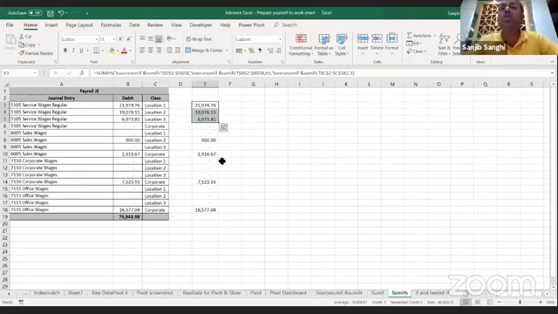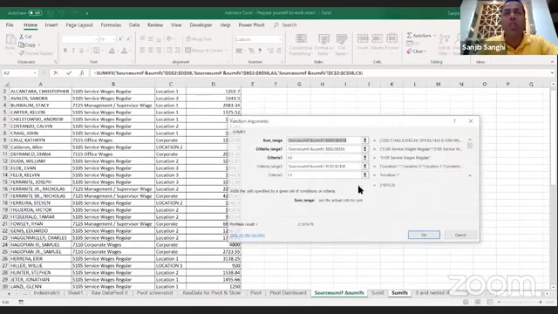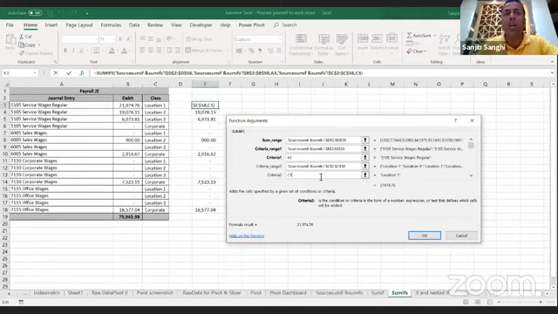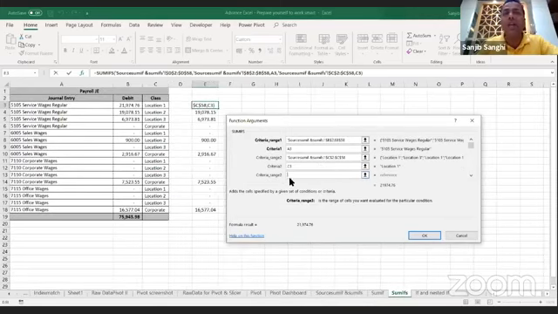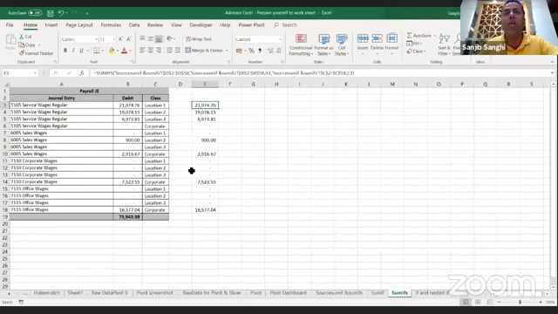This, I'm telling you, is going to be so important for you. If you just learn this and practice in your GST work papers, it is going to help you so much. You can go on and on with as many conditions as you want. You can add more conditions to it, though they are not shown here. If I click over here and hit tab, it adds another criteria range 3, criteria range 4, criteria range 5. You can go on as many times as you want. This is so far as SUMIFS is concerned.